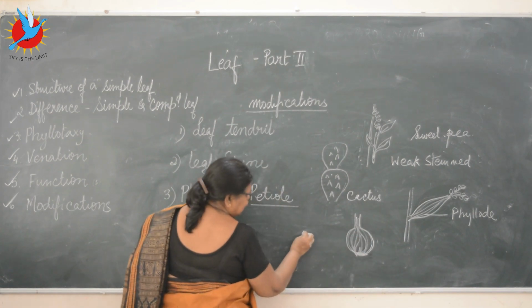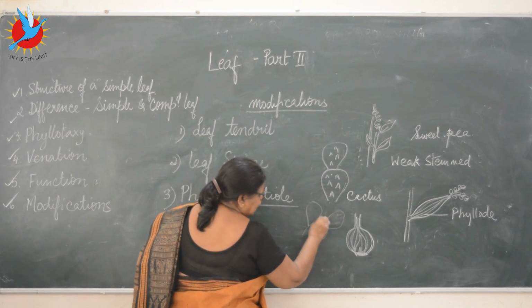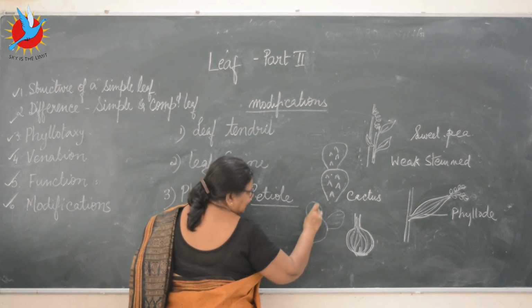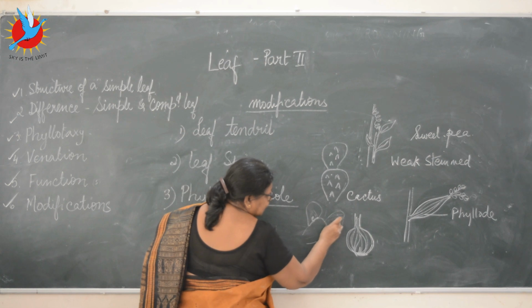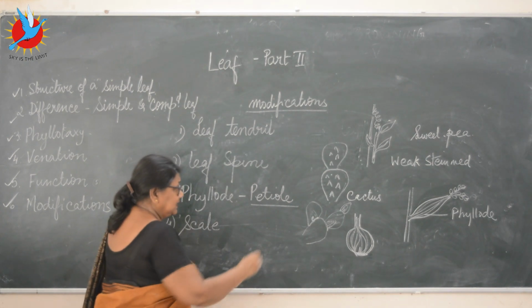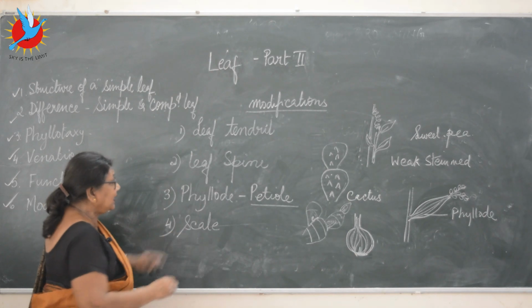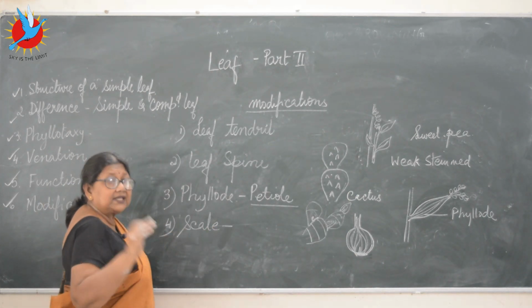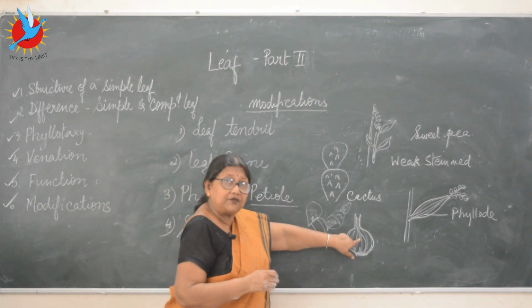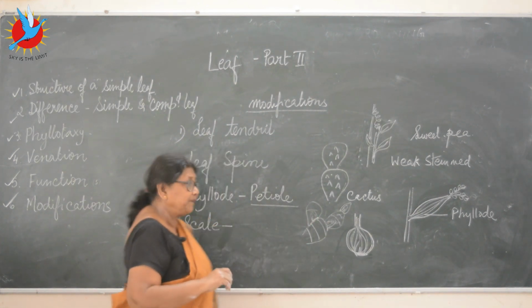Even in ginger, just see the ginger. If you have seen the ginger, these are the nodes, the buds are there, and they are protected by dry scales. Very thin, papery, dry scales are there, which cover and protect the thing. So this is the ginger, approximate, just to get the idea. So scaly leaves, the leaves become dry, scale-like structure, thin, papery, just for protection. Here the fleshy parts are protected. Here also the buds are protected by the thin, scaly leaves.